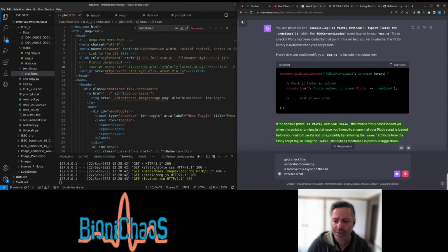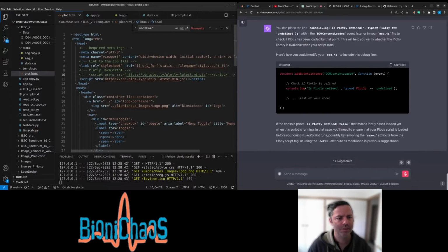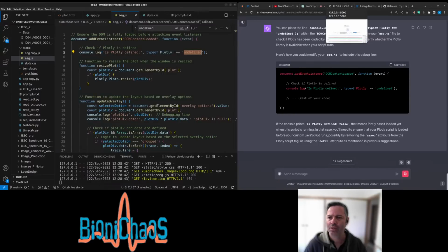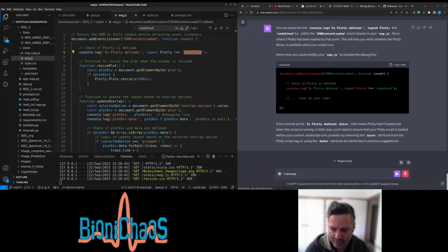Defer attribute, not sure about that. Removed the async from HTML, but still getting the same error.